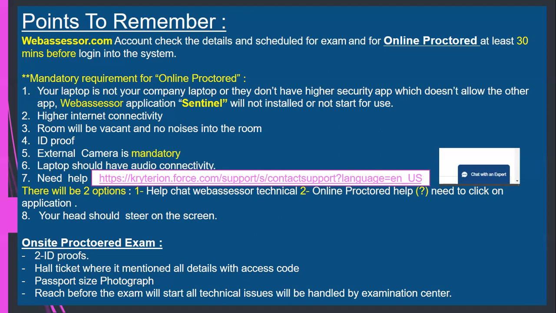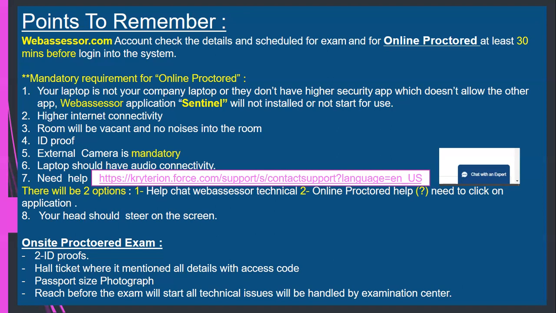In case you have technical issues and are not able to proceed further, you have to take help from the tech support. In point number 7 you can see the link is mentioned. Simply go over there on the website. There's a technical support option. When you click on it, another tab opens. There you can see an image, chat with an expert.